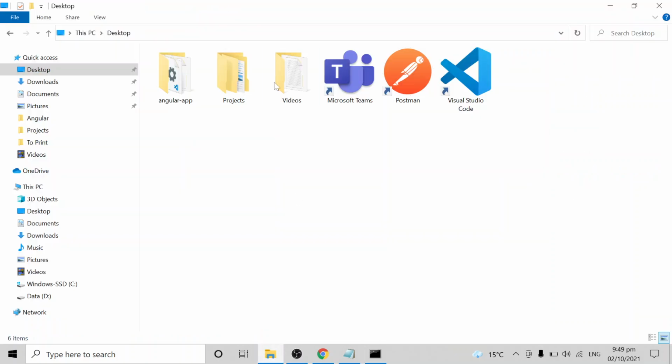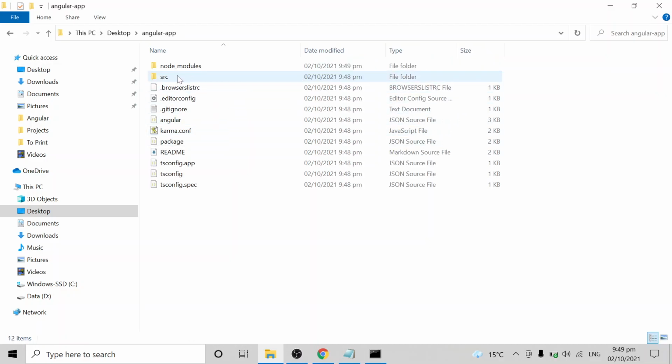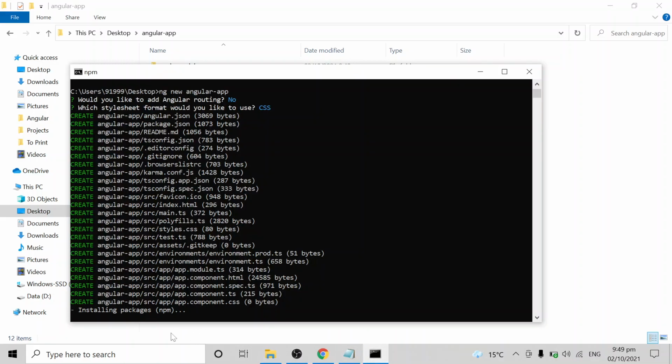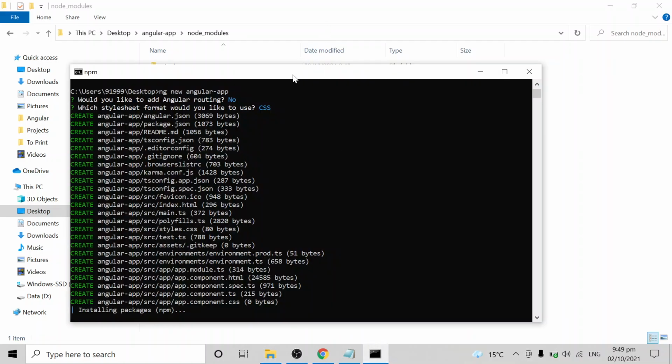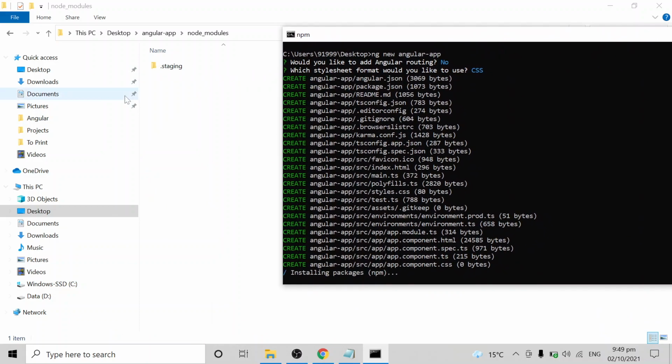You can see on the desktop that the Angular app folder has been created, your project has been created, and the src and all the files have been created. Now the step going on is that it is installing the packages inside the node modules. You can see now only the staging folder, but it is installing required packages. You can see within seconds all the packages have been downloaded inside the node modules. That is a process going on right now.